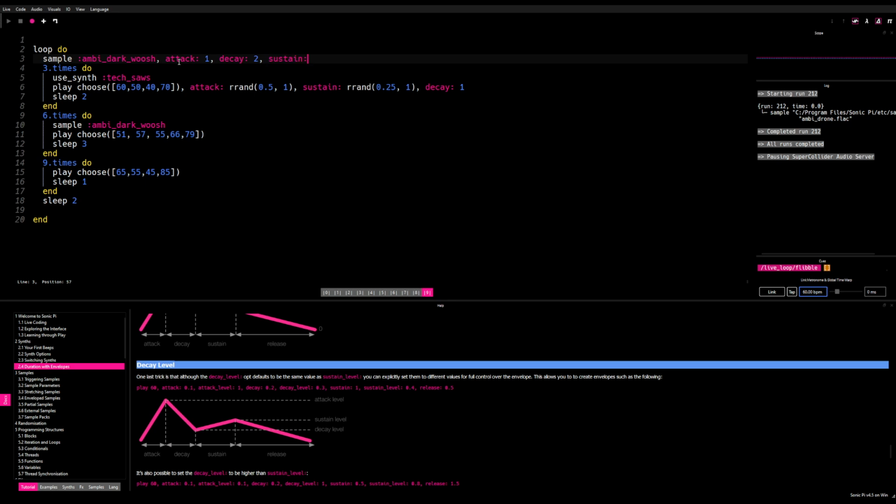Sustain of... let's do a random sustain. It's like... How crazy long can this be? 7, 5 to 3. Wild out here. And then the release. Yeah, the release should be longer than the sustain probably, so let's adjust to that. And then